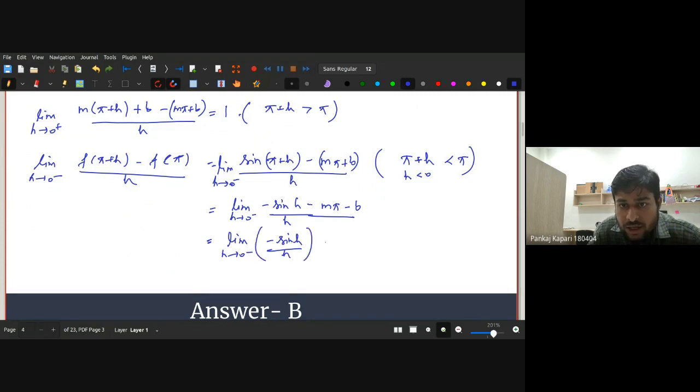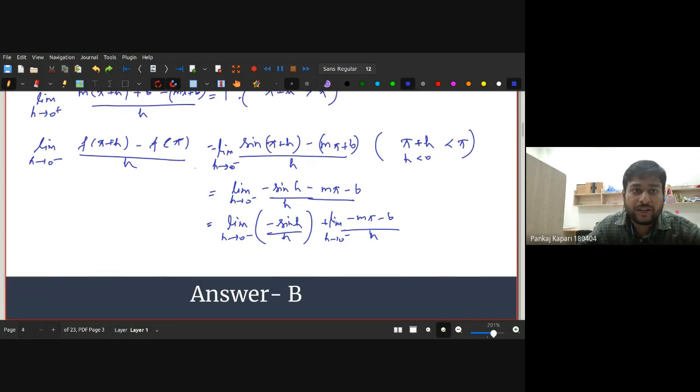So this limit, and again this constant limit. Now we know that this limit exists and is equal to 1, and because the right hand limit should be equal to the left hand limit, which is equal to 1, this implies that